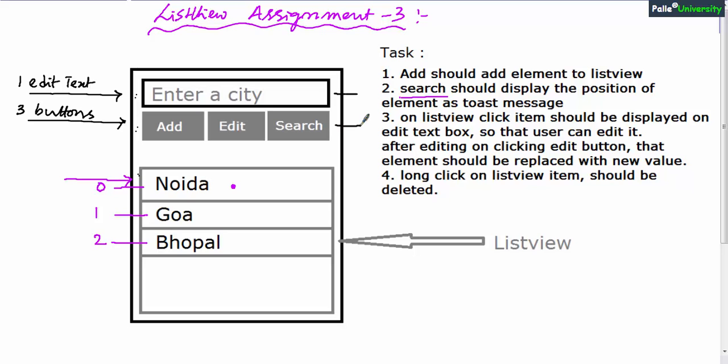Second element, that is second row, contains 3 elements. So I should take one layout as a second element. What type of layout it should be? Since these elements are positioned side by side horizontally to each other, so I should take horizontal linear layout as the second element, and the third element I will take as a list view. So vertical linear layout, root element, edit text box, horizontal linear layout with 3 buttons and one list view.